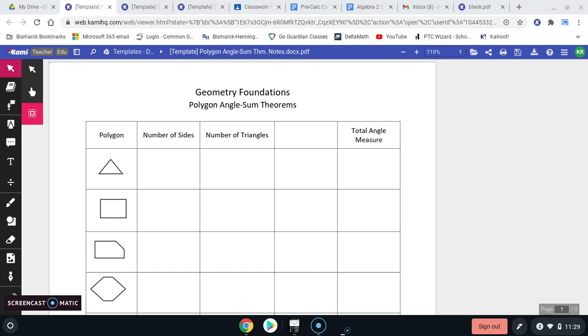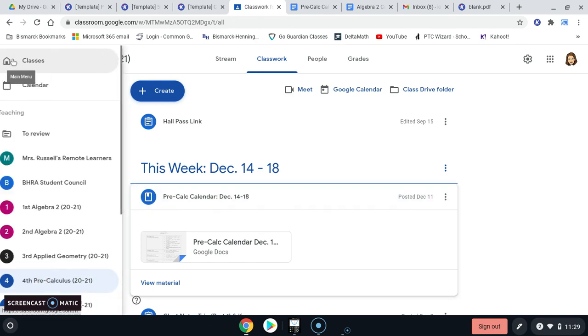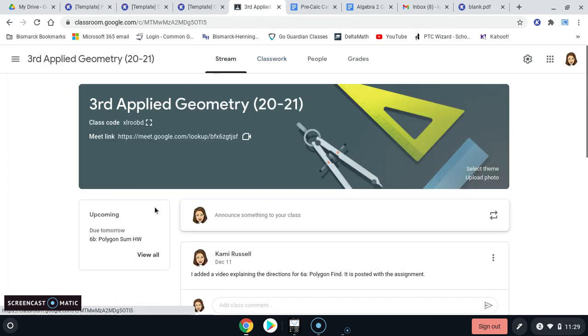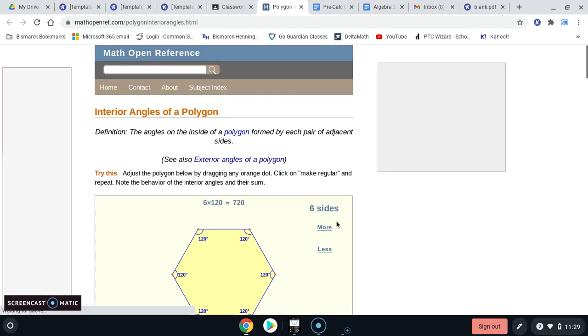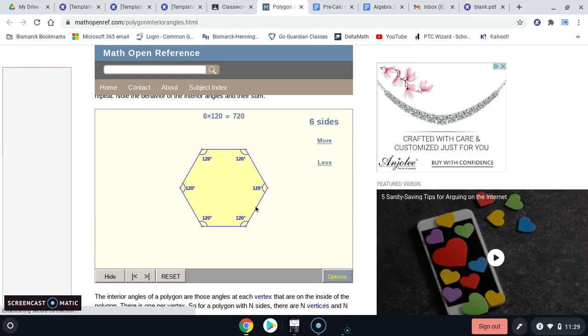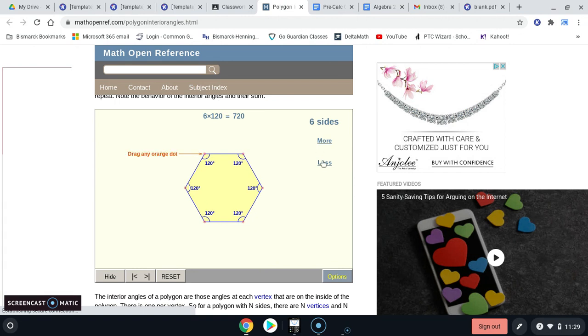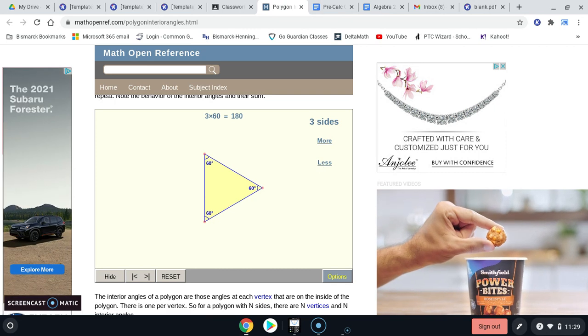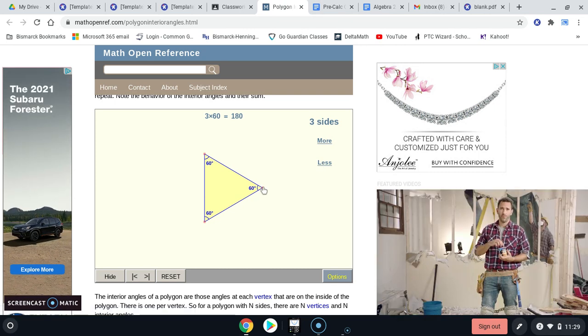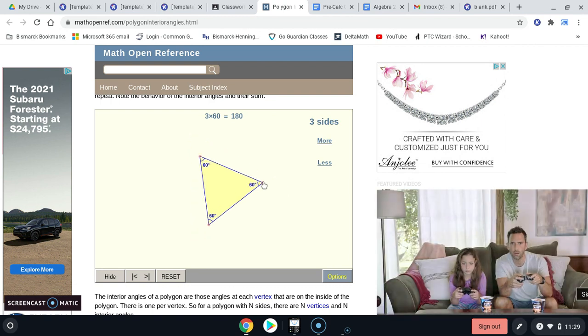Okay, we're going to talk about the Polygon angle sum theorem. Now, where we started with this lesson was actually back here. There are two links in the geometry classroom, the Polygon interior angles, and this is where we started. So this site just lets us play with the angle measures. If we change this to 3 sides, you can see the triangle adds up to be 180